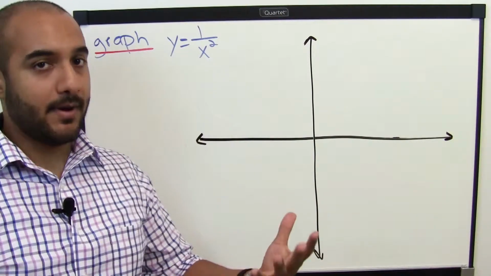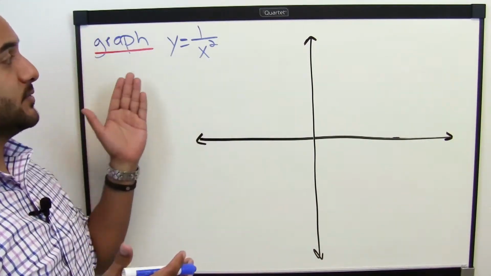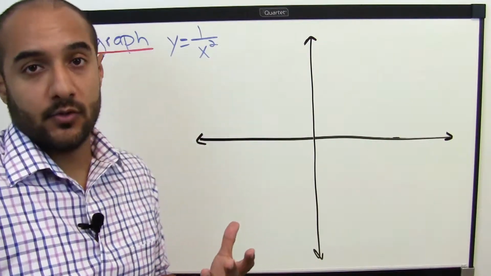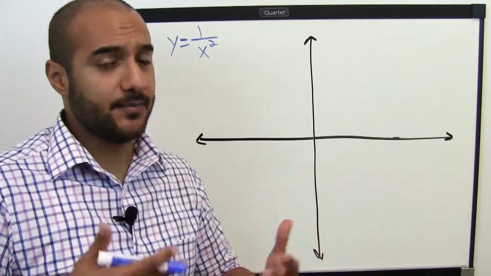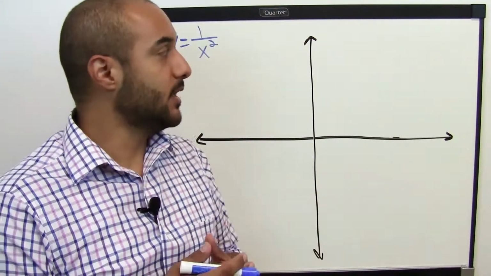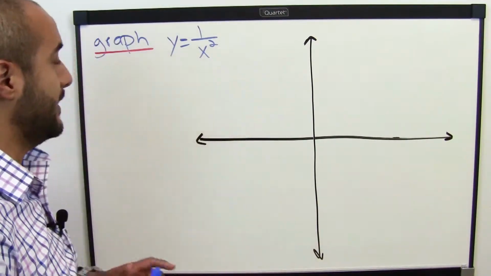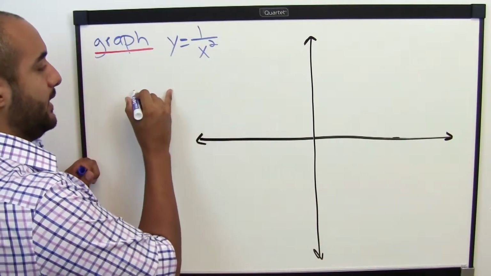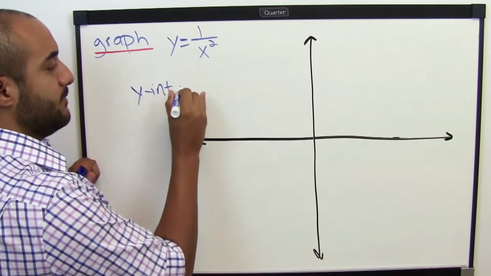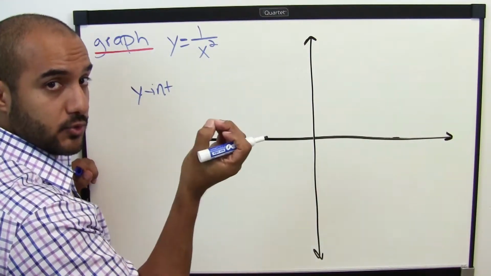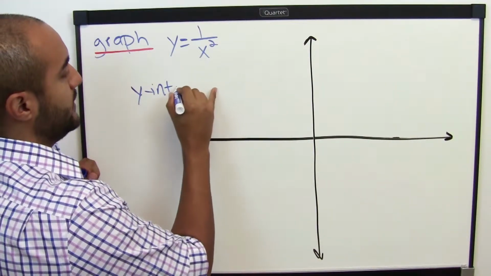So let me just go about this the way I normally would. If I'm asked to graph this, I would try to look for an x-intercept, a y-intercept, those sort of things first. So let me look for that. So if I'm looking for my y-intercept, remember that's when my x's are equal to 0. So if I do that,